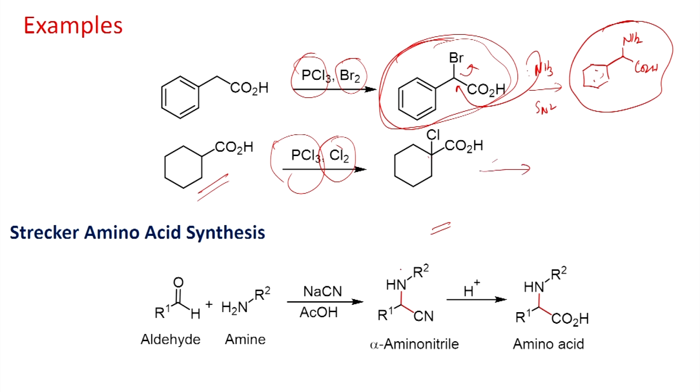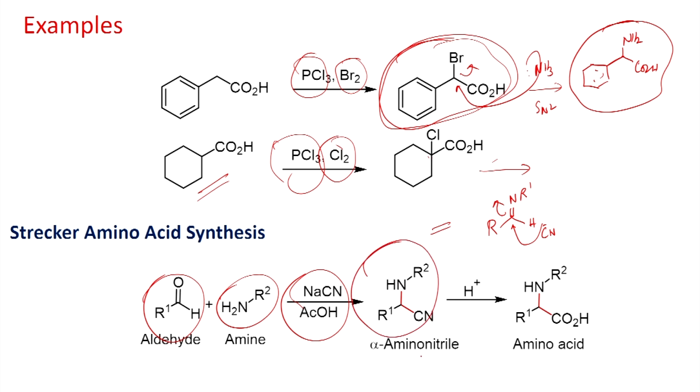And another approach is shown here. We have already seen the Strecker amino acid synthesis. When you have the aldehyde, it can readily react with amine. By condensation, you will be able to form imine. Once you form the imine, it can readily undergo addition reaction with cyanide, and then you will be able to form this alpha amino nitrile as the product. Once you have this one, this can be readily converted into carboxylic acid. As we have seen, if you have the nitrile group, by acid hydrolysis you can convert it into carboxylic acid.